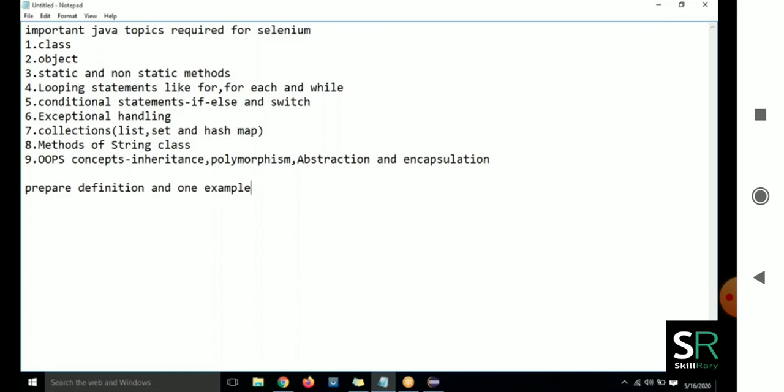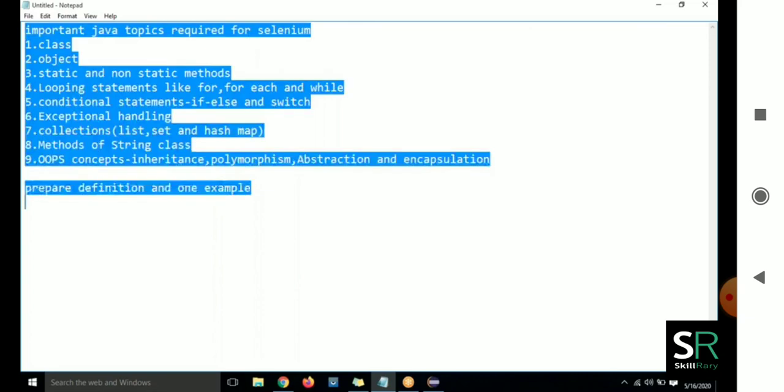Be ready with this. These are the concepts I am going to use. These are the concepts which are required for us. This is required for Selenium, guys.